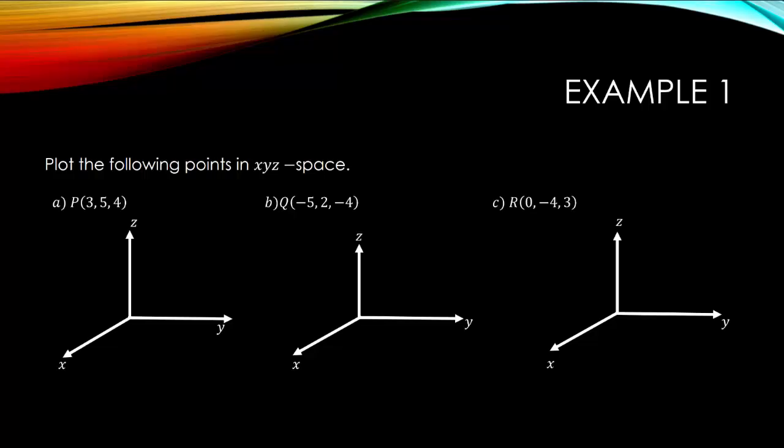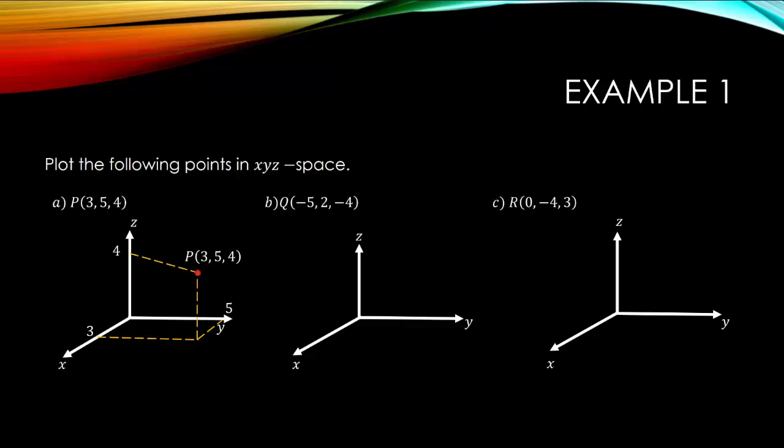Let's work an example where we plot points in 3D space. I want to plot the following points in XYZ space. P has coordinates 3, 5, 4. Q has coordinates -5, 2, -4. R has coordinates 0, -4, and 3. For the point P, I first go out 3 in the positive x direction. Then I trace out 5 in the positive y direction and find the intersection point right here, and then from that point I go up 4 in the positive z direction, putting a point P with coordinates 3, 5, 4